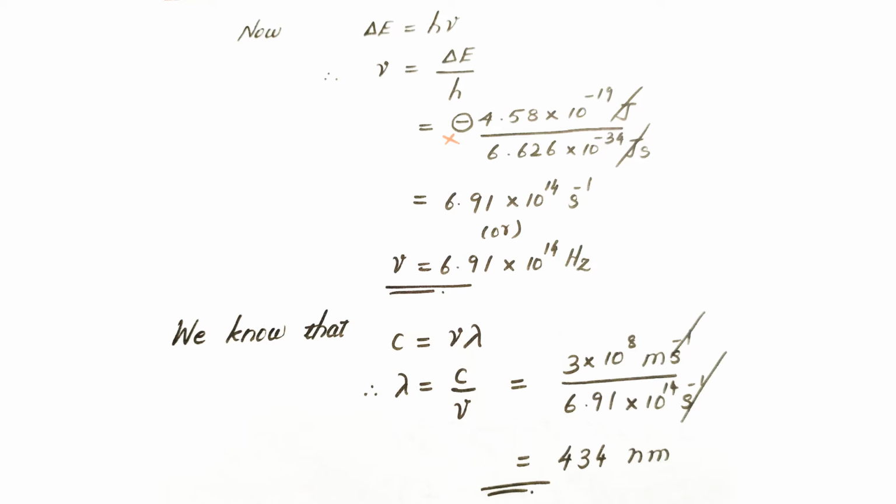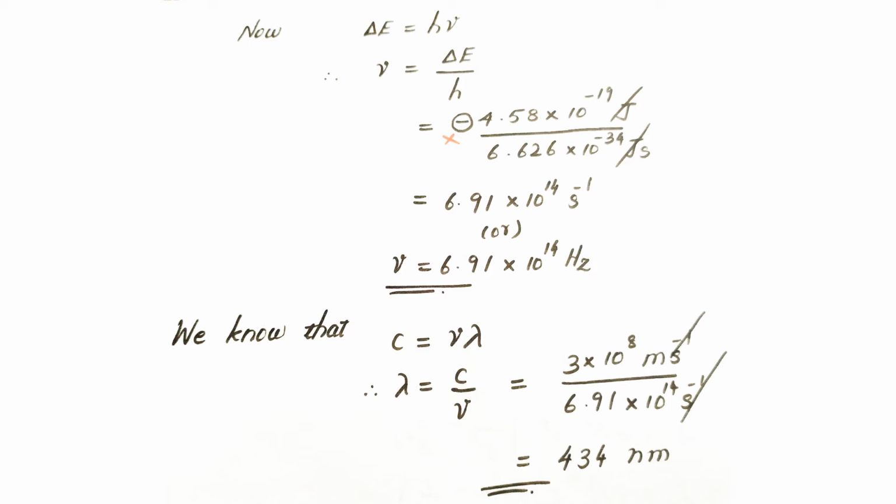And you have to substitute the value of delta E which you obtained earlier in the previous slide. And as you know, h corresponds to Planck's constant, which has a value of 6.626 into 10 power minus 34 joules second. And as you know, what is frequency? It is the number of waves that pass through a point in 1 second. So it will not have a negative sign. Its value is always positive. It is a number, the number of waves that pass through a given point in 1 second.